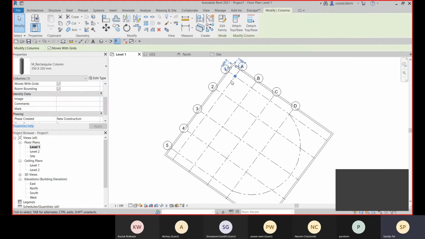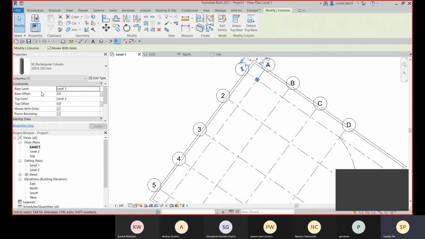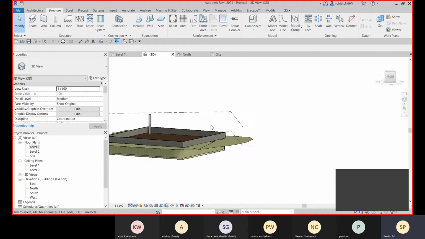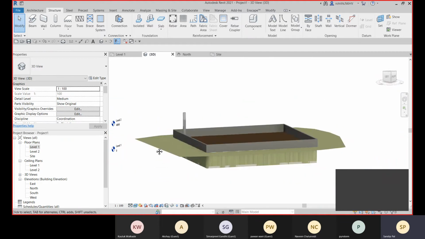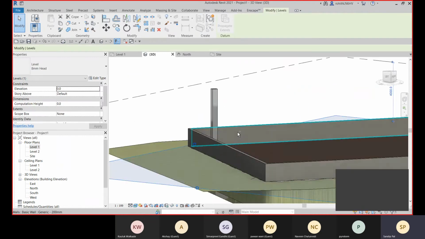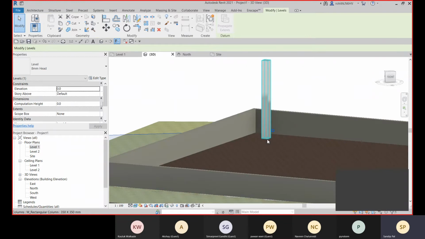and you need to specify the base level for this column and the top level for your column. And after that, let me show you in 3D. So it is created from that base level, that is level 1. Suppose you are placing some foundation, right?